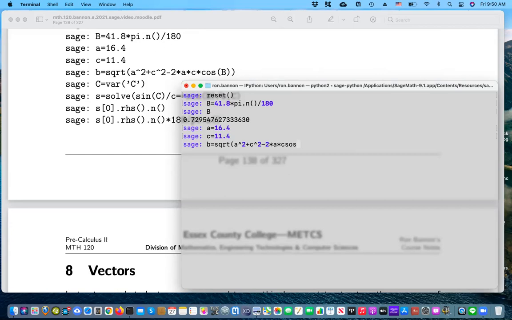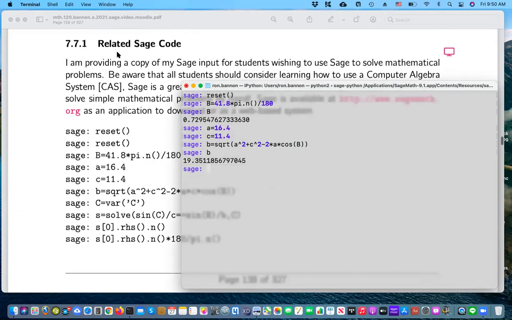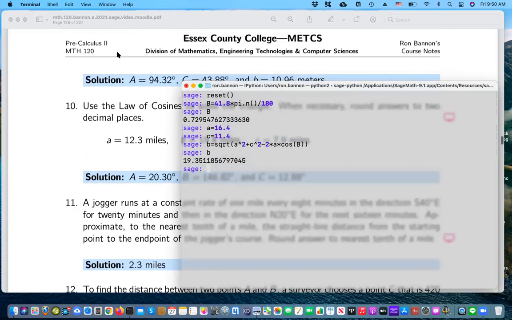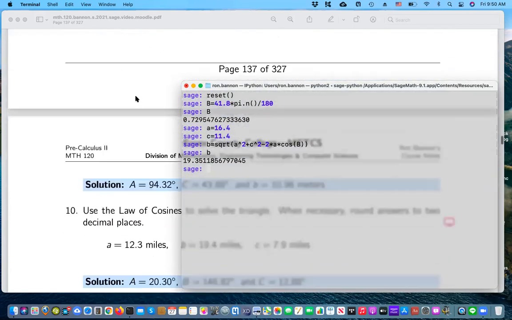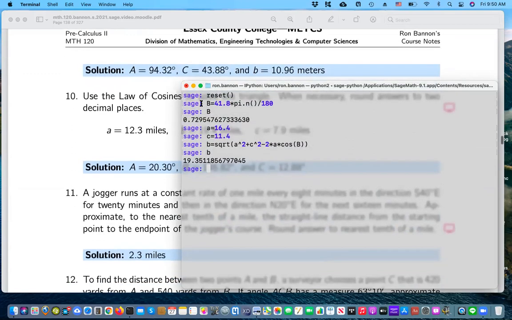cosine. And again, Sage is in radian mode. It should be, by the way. Degrees are really kind of nonsensical to machines. Let me put B down, and we get this for B. Let me go back to the problem. And again, it's the one we just did, right? So let's go back over here. And I want to point out, if you're looking at